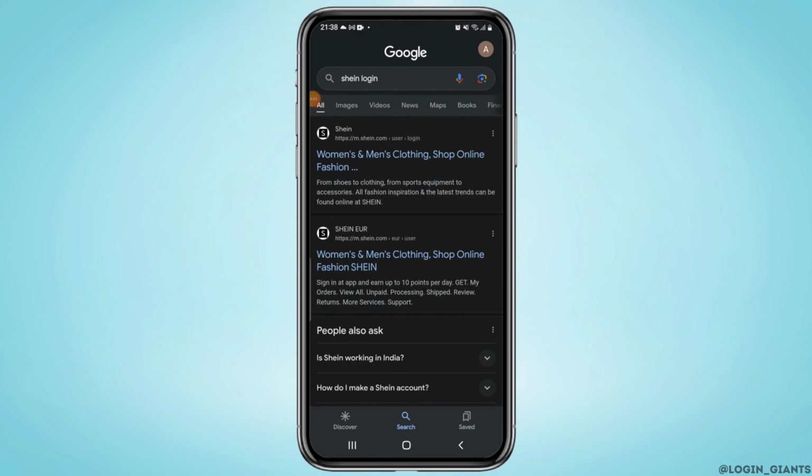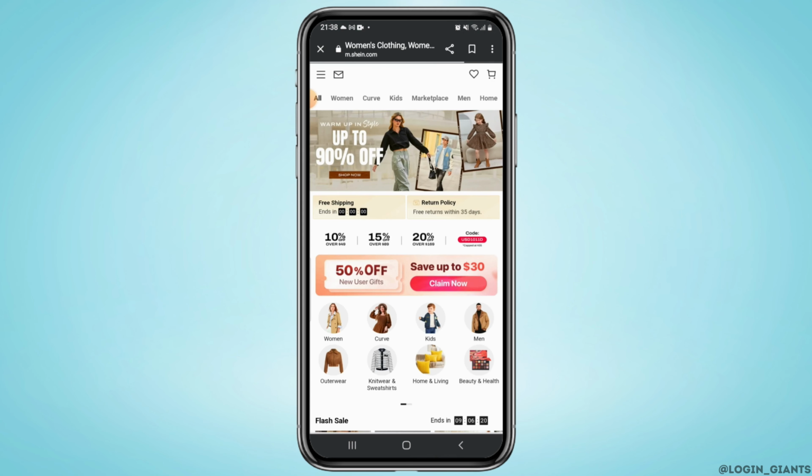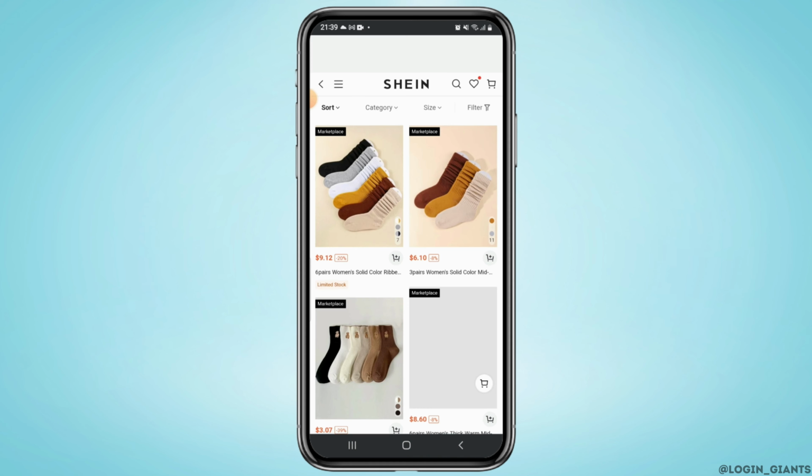For this, open up your preferred web browser and go to Shein's official website, or open your Shein application on your mobile device and log into your account. Once you're logged in, now you can explore the homepage, or if you have any particular item that you want